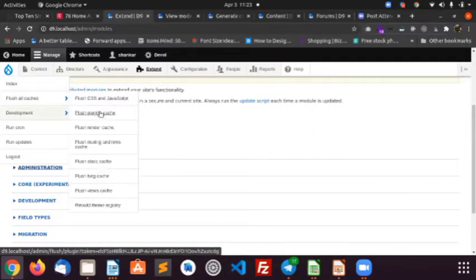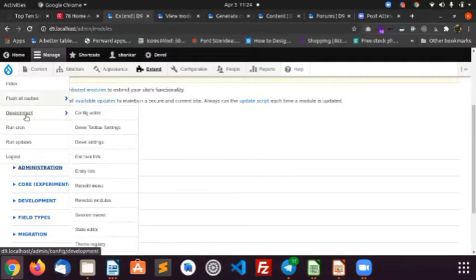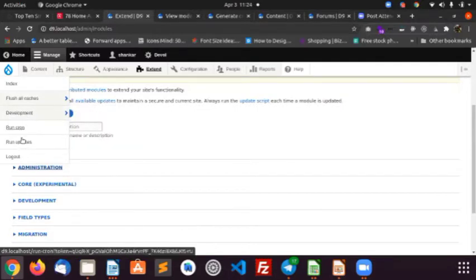We have many levels of caching enabled, right? Those things we have to clear. So by navigating to this URL, just click on Flush all caches, and it will clear all the cache. The other things we can explore later. As of now, it is an advanced topic, so we won't cover those things.